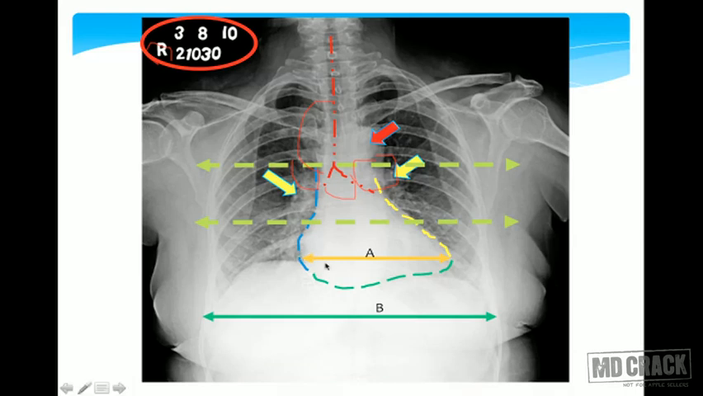Another thing is how to calculate the cardiothoracic ratio. So you measure your distance A and you measure your distance B. If you get A upon B less than 0.5, that's your normal ratio. If it goes more than 0.5, it's abnormal, or it tells you that there's enlargement of the cardiac shadow. Like I said, this cardiac shadow enlargement might be due to enlargement of the heart,